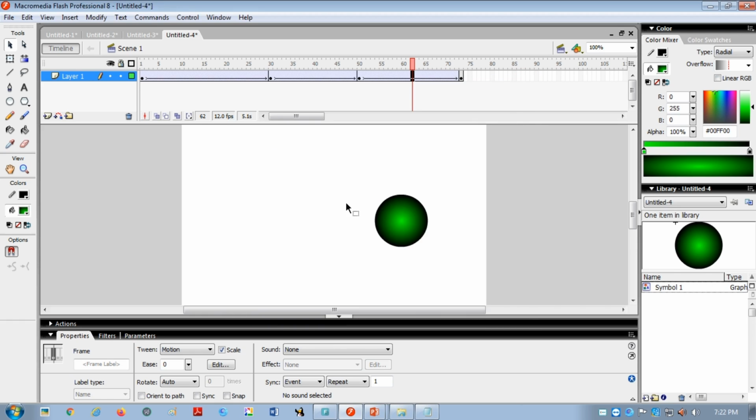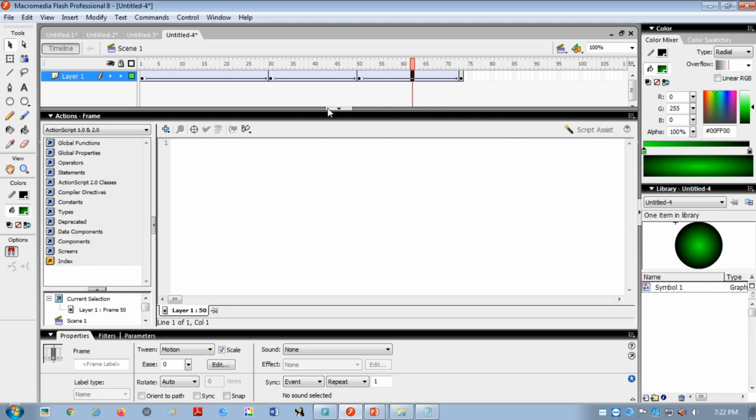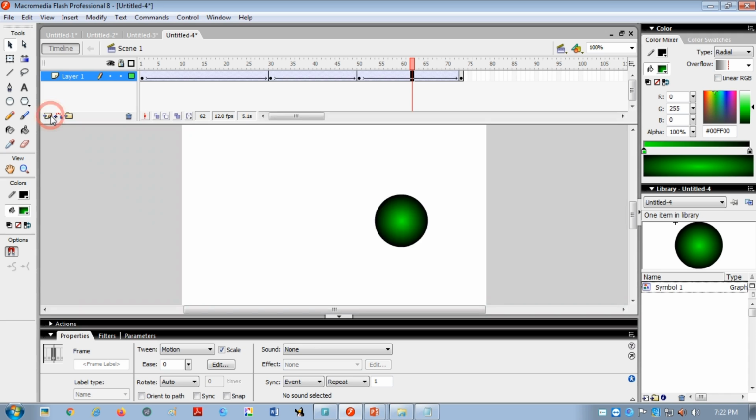Now some important things I am going to tell you. Sometimes what happens, whenever you open this Flash software, maybe this Actions panel is on, so your whole screen will be like that. You cannot see the stage and you cannot work on it. So what you have to do, simply before the Actions panel one small button is there, you have to click here, then it will again come. So this is called the stage. Again you will get the stage, and this is the Properties window, and this is the timeline. All these things we can easily switch on and off by using this Window menu.